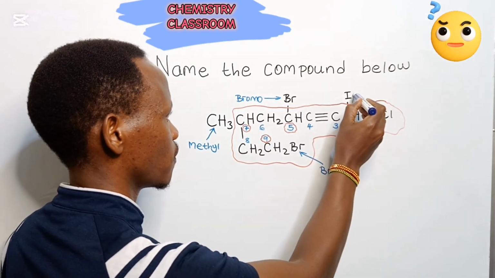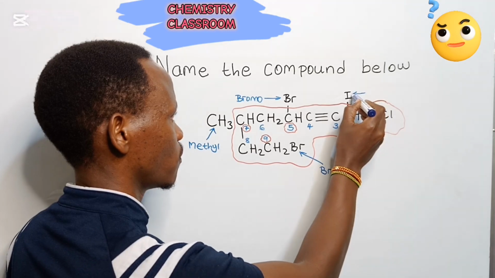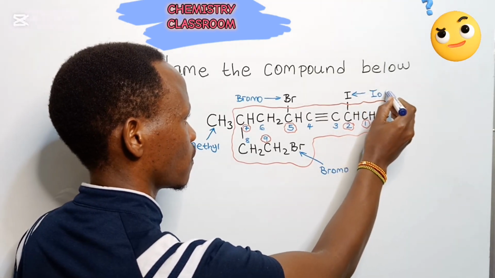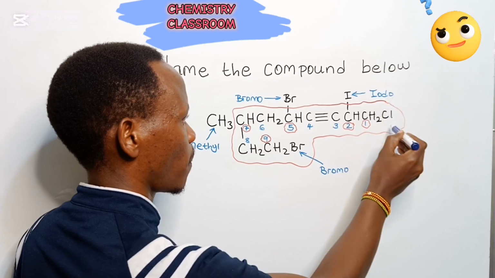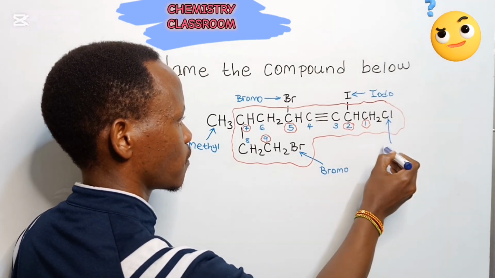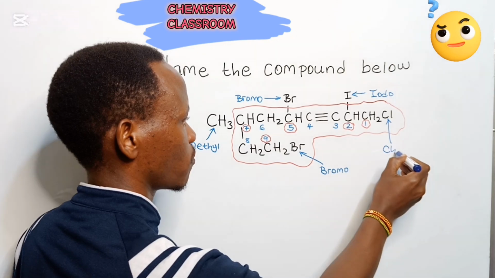And this group 7A substituent, which we called iodo, and finally this group 7A substituent, which we have also called